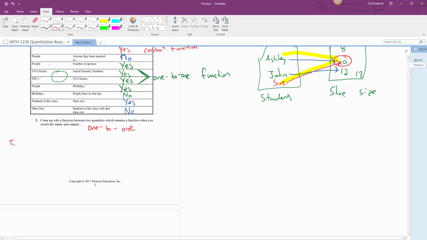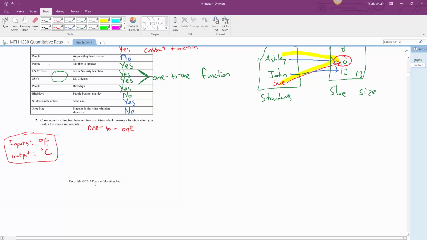Maybe you have the inputs of degrees Fahrenheit, and your output is degrees Celsius. This would be an example that fits into this. If I input a temperature in Fahrenheit, it's only going to get mapped to one temperature in Celsius. And vice versa is true. If I pick a temperature in Celsius, that will get mapped to exactly one